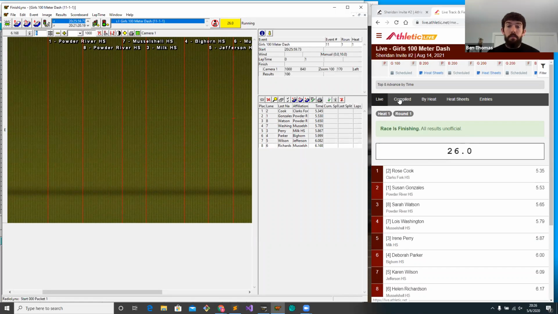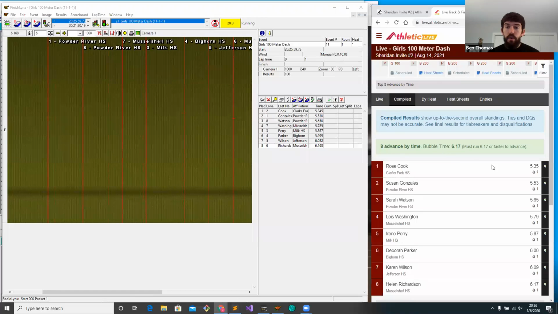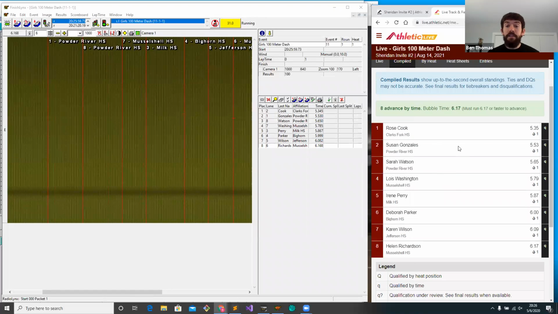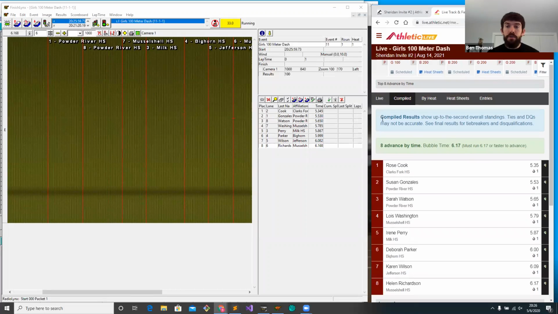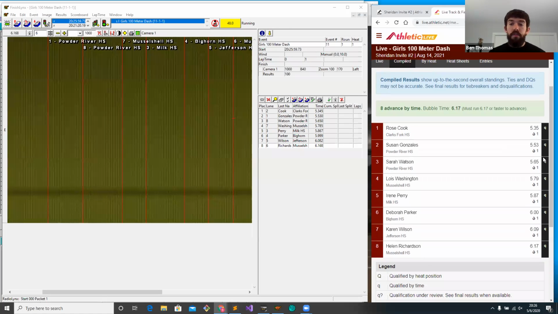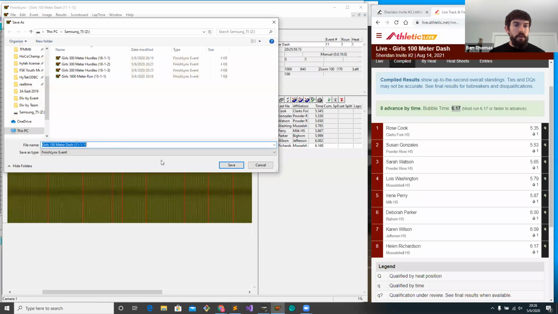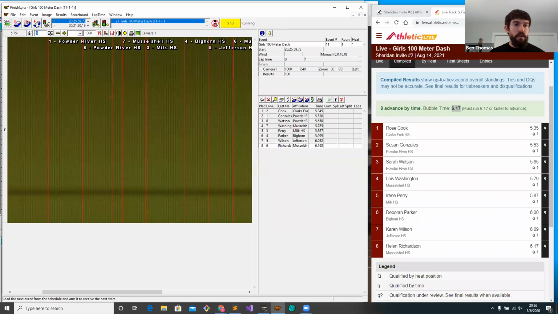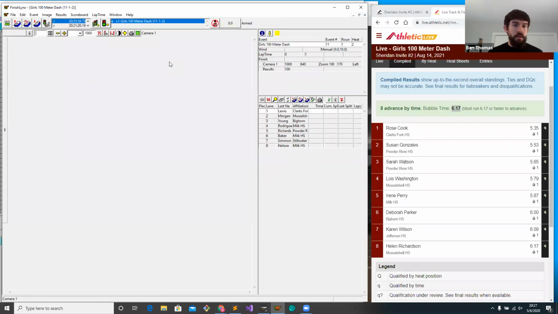And if we head to our compiled screen, we will see that right now, all 8 of these people are in qualifying position. I should mention too that the advancement procedures are always shown here at the very top of the page, so we can see top 8 advanced by time. And on the compiled screen, we're also going to see the advancement procedure as well as the bubble time. So in this case, everyone's qualifying on time, and you've got to run 6.17 or better to make it into the next heat. I'll go ahead and save this, and we'll head to the next heat, start the event,